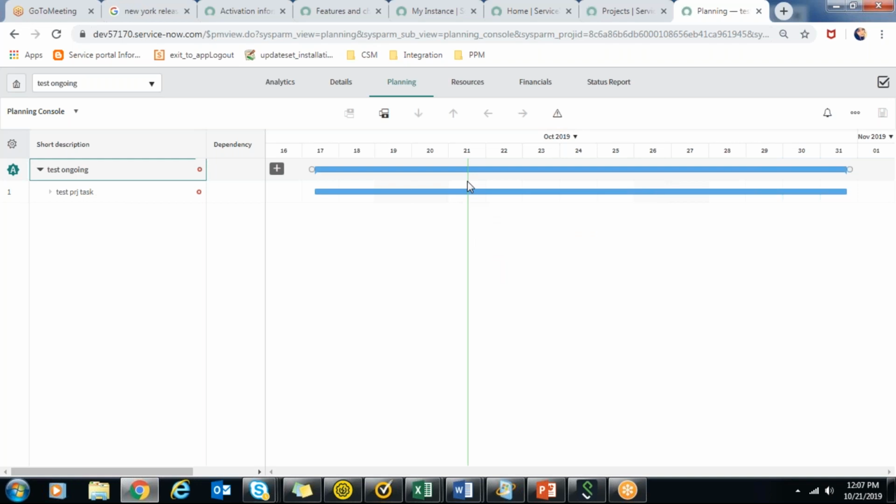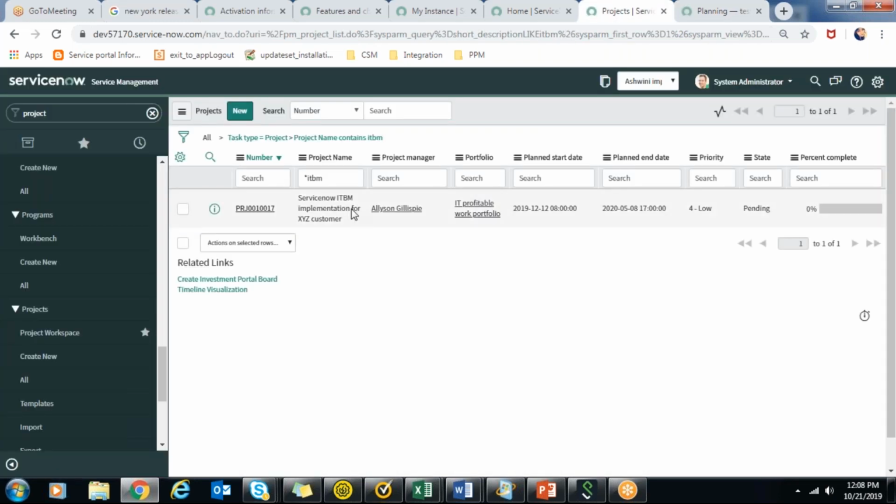So here there is this line that is showing you today's date. Today is the 21st, and this project task is overdue because it's still not in work in progress, and its start date has passed. Let me just change that.